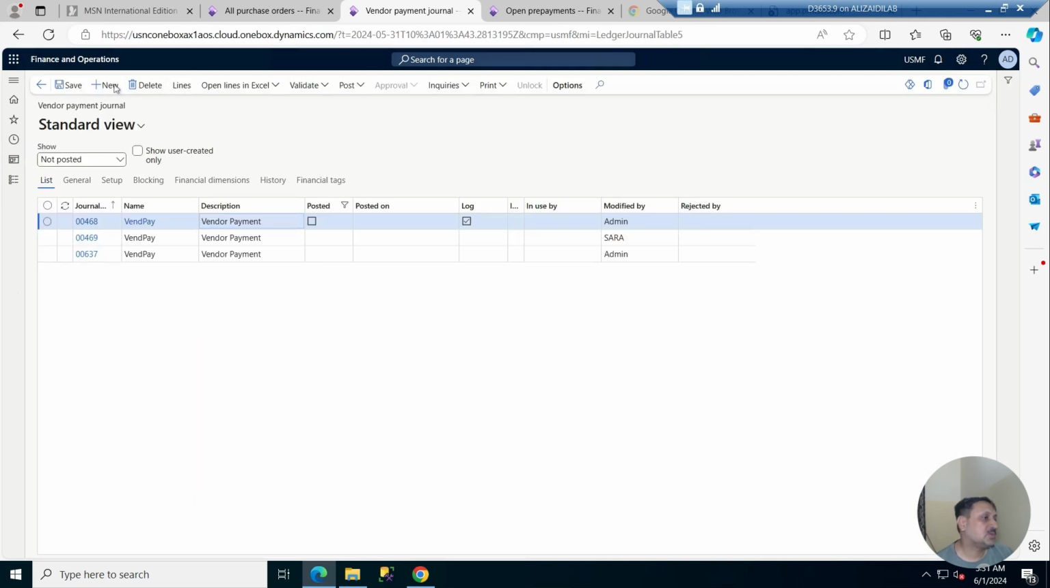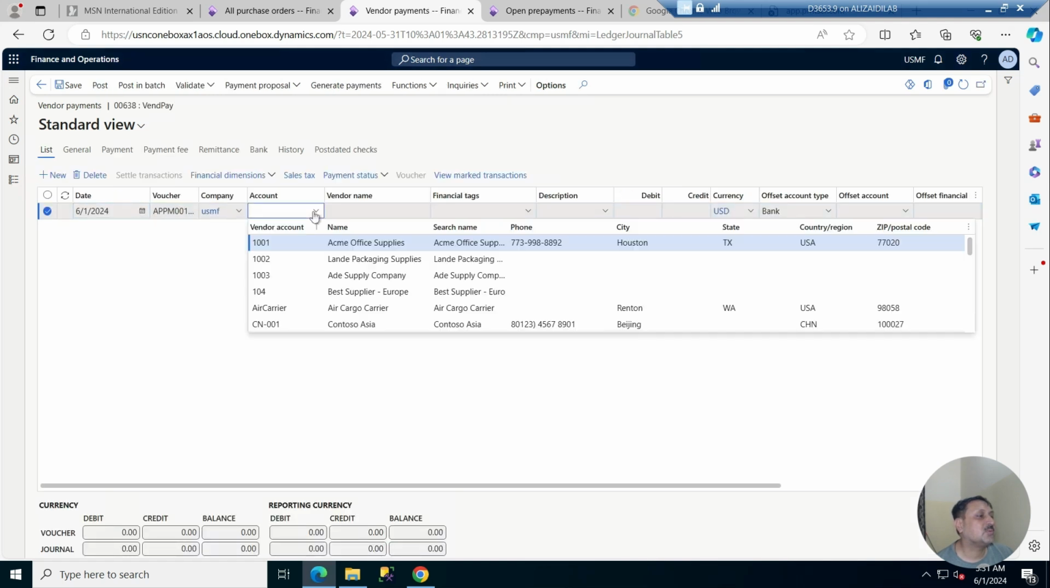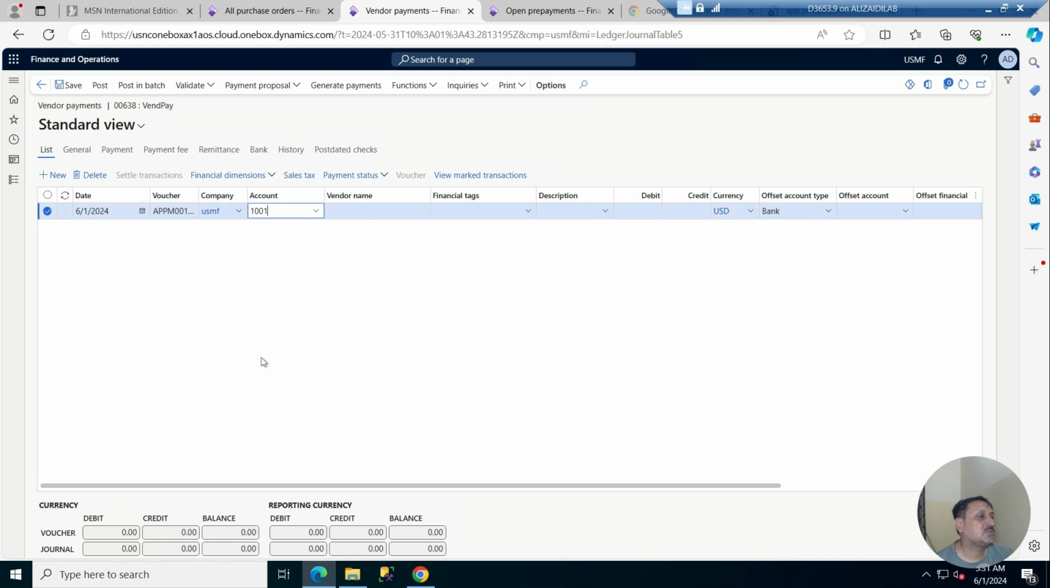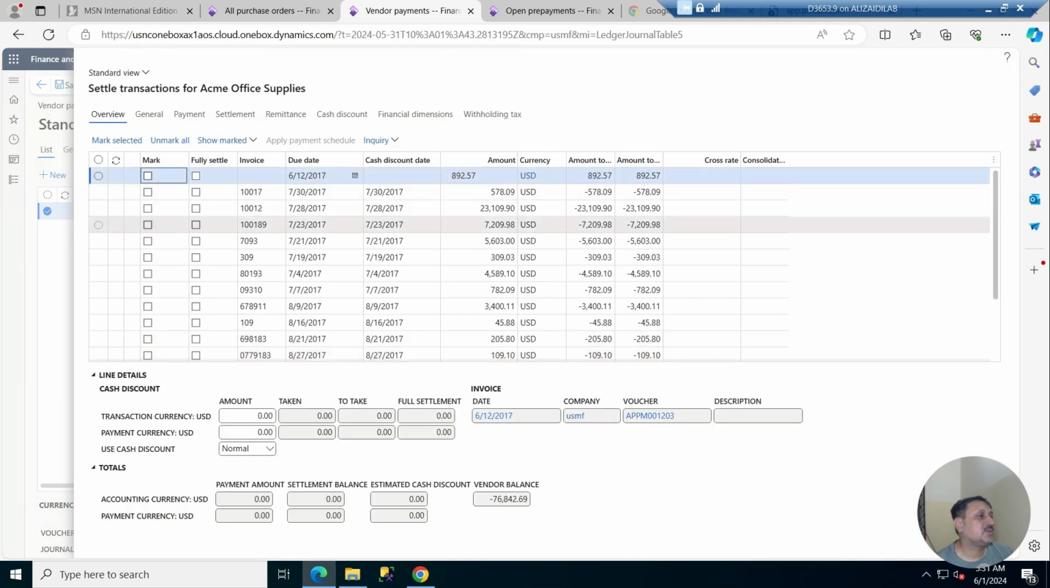So here I'm going to create a new vendor payment journal, right? Lines, and here I set the account. I select this account, the vendor is coming automatically. So here I am going to click on this settle transaction. Here it asks me about all the payments or transactions the vendor had with us, but I'm interested in the prepayment